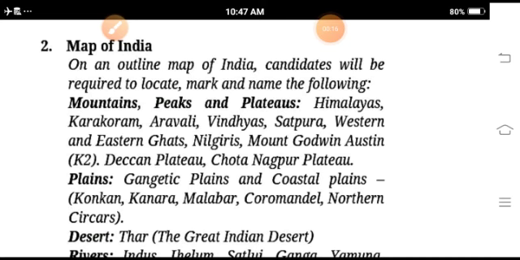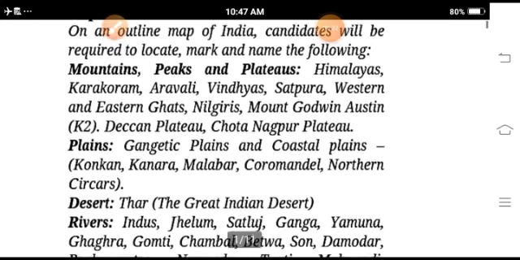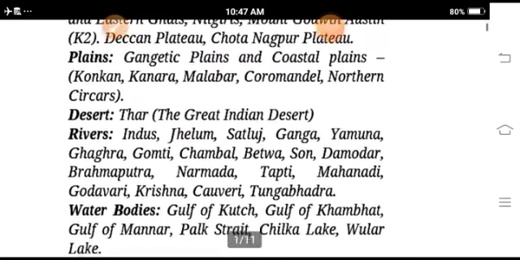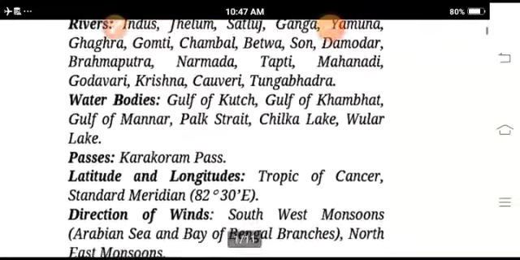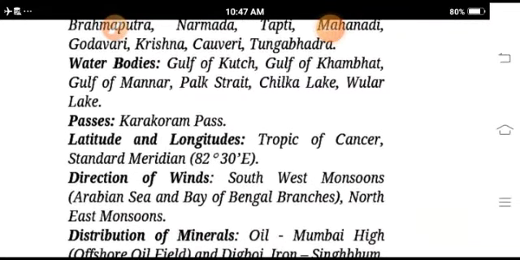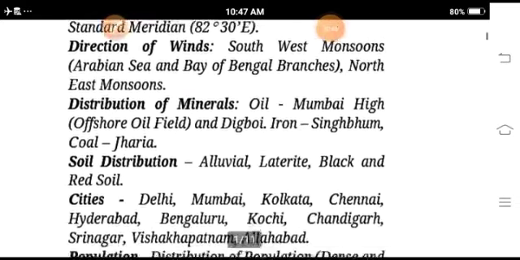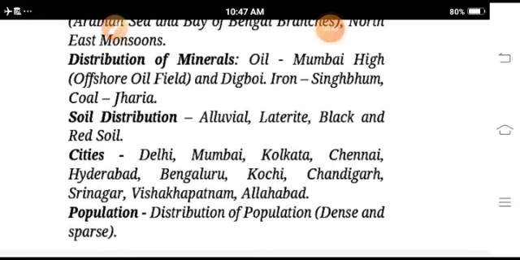On an outline map of India, candidates will locate and mark the names of the following physical features given in the map work: mountains, peaks, plateaus, plains, desert, rivers, water bodies, passes, latitude and longitude, direction of winds, distribution of minerals, soils, cities, and population.